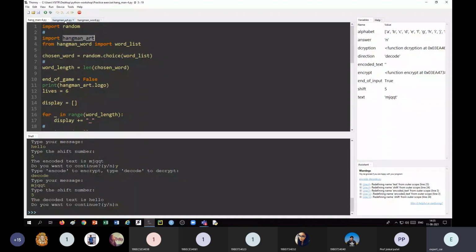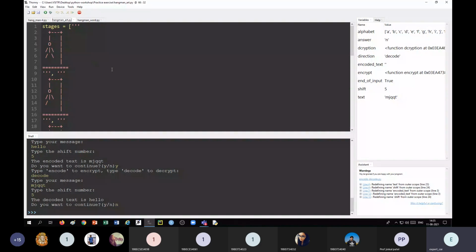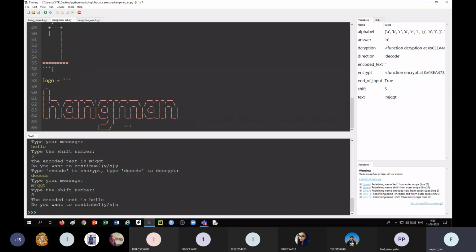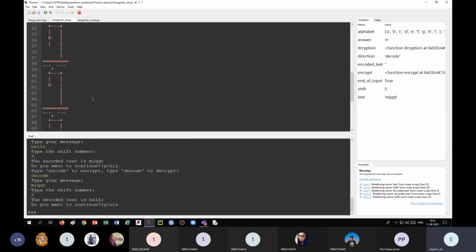I have copied a list of the figures in a variable called stages, so it is not going to disturb our main program. Second, I have created a logo in a variable called logo. These two variables can be used directly in our program with the help of hangman_art.